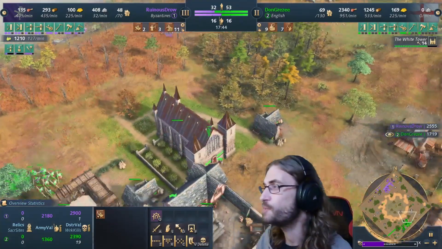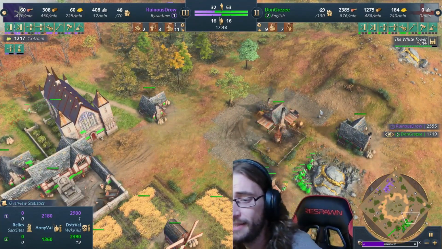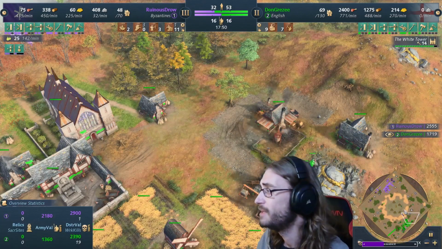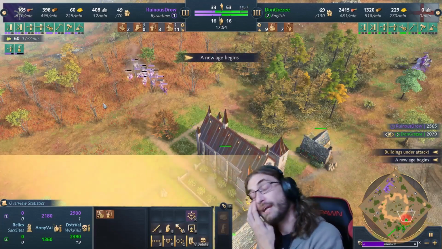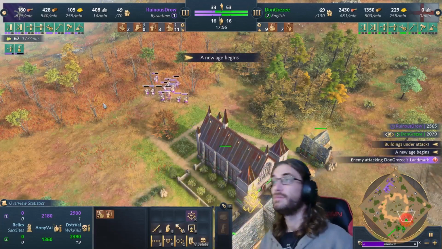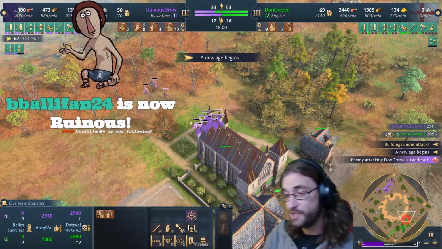Anyways, I send my horseman over to this side to maybe catch some of his gold or something over here that I can harass or do something with, and then send my army right here. I should have made a ram. Why I didn't make a ram is absolute...